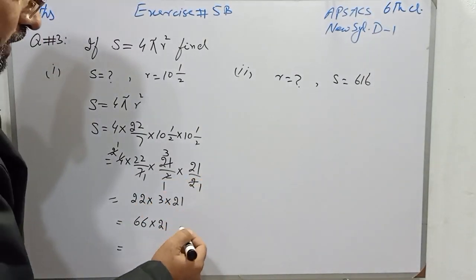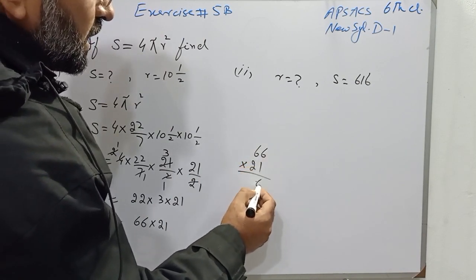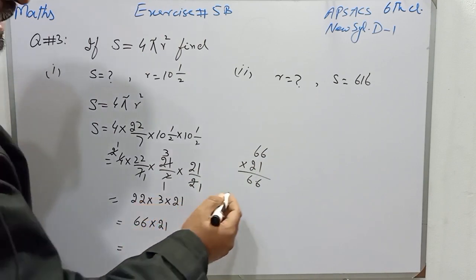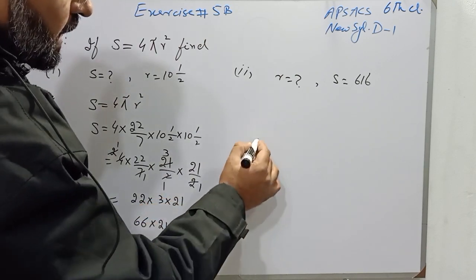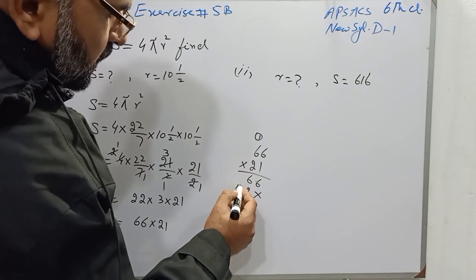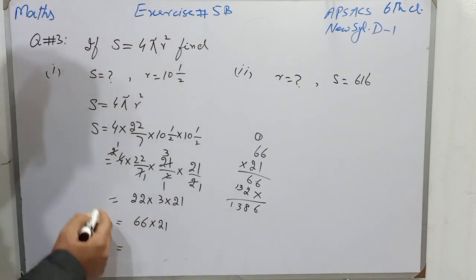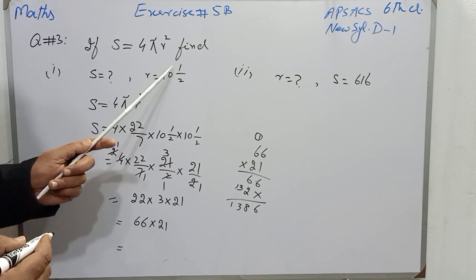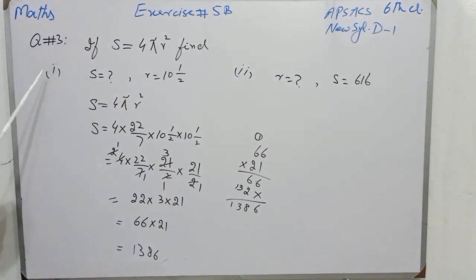Now in working, multiply 66 with 21 and we will have 1 6 are 6, 1 6 are 6. When we multiply the tens digit, in the units digit we have to put a cross. So 2 6 are 12, 1 carry, 2 6 are 12 and 1 is 13. So we will get 6, 6 plus 2 is 8, 3, 1, and the surface area of a sphere whose radius is 10 whole number 1 over 2 is 1386, and it is the first part of question number 3.